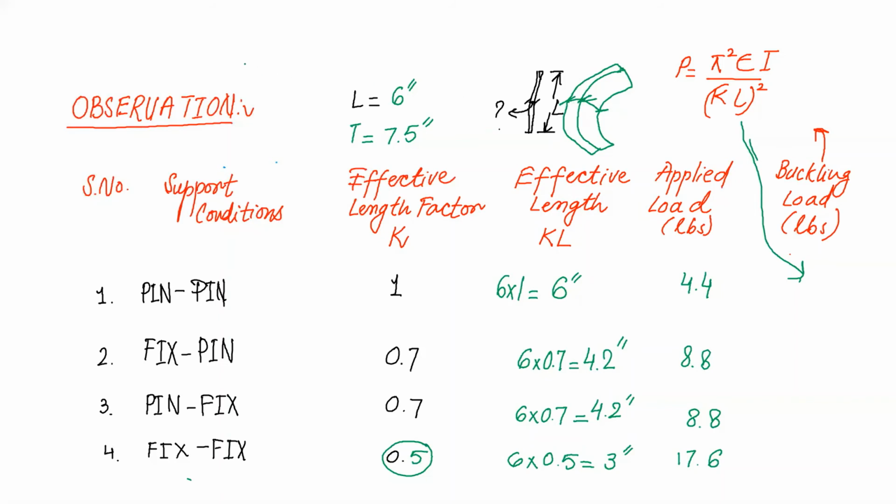Then you have to do the calculation for the moment of inertia. For example, if your one thickness is coming like this, then you have to take 7.5, BH cube upon 12. So you can find the moment of inertia from this. When you are bending, which things matter? You have to measure both thicknesses with the vernier caliper, then put them into this formula, moment of inertia equals BH cube upon 12, and you will get your moment of inertia.